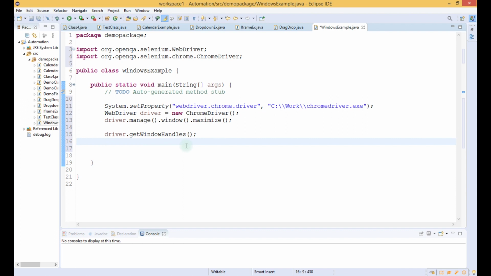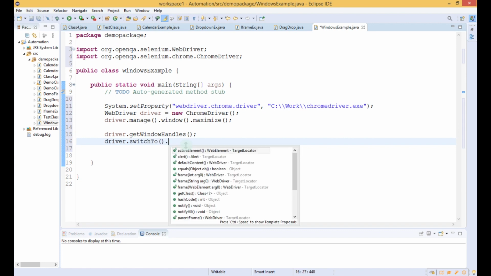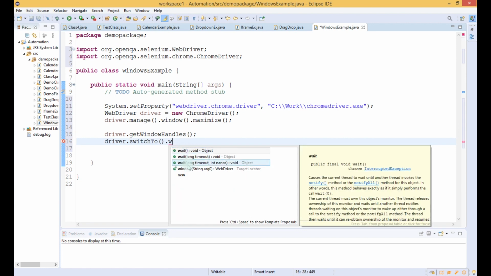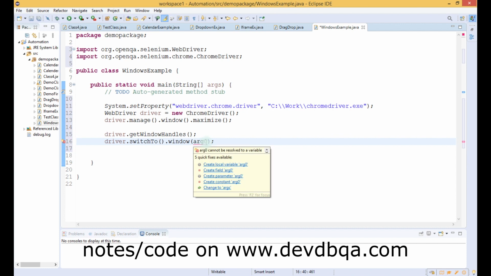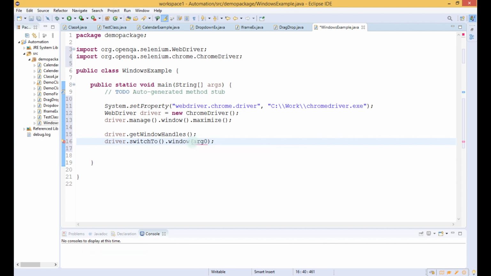For switching to the window, there is a function which is driver.switchTo().window. The argument we have to give inside this window function is the handle of the window which we have to switch to. So these are the functions that we are going to use in today's video.